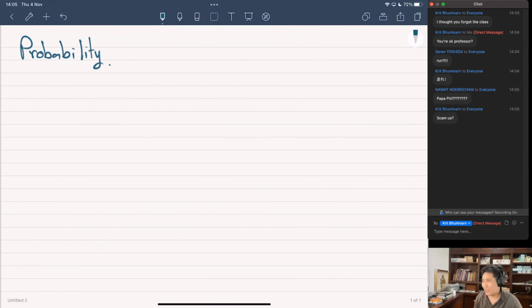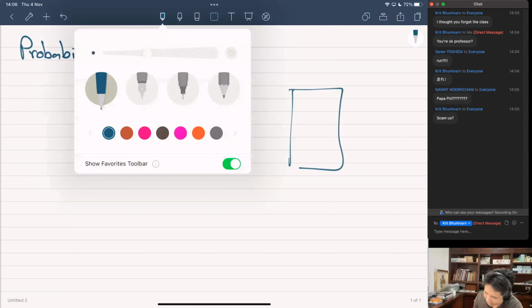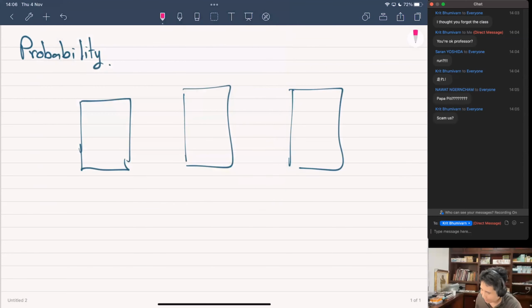Okay. So there is something about our brain that is wired to reason about probability a bit wrong. But let's start with something that most of you, maybe some of you have seen this already. Most of you are going to get it wrong. I got it wrong on the first try. Okay, so the game is simple. You have 3 cards. Okay, and under one of them is, I don't know, a joker.